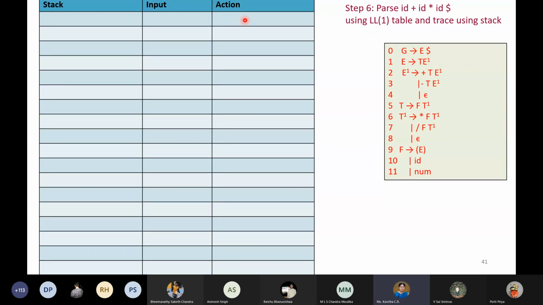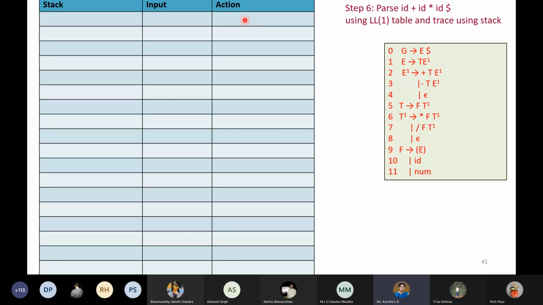As you all know, in the stack there are 2 operations, push and pop. Once you push, only then can you access the top symbol, and based on the top symbol you will have to take some decision. And then only the top can be removed, that is the pop. So this is what happens. Now your LL(1) parsing table is already ready, and therefore we'll be using that in the action now.